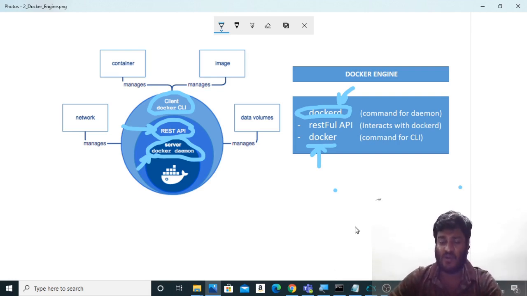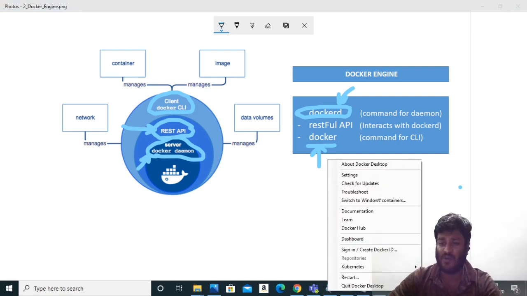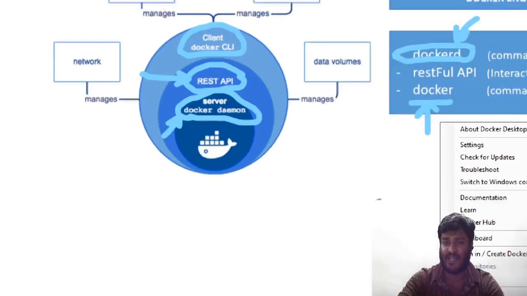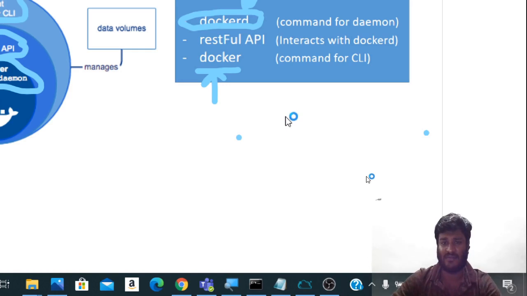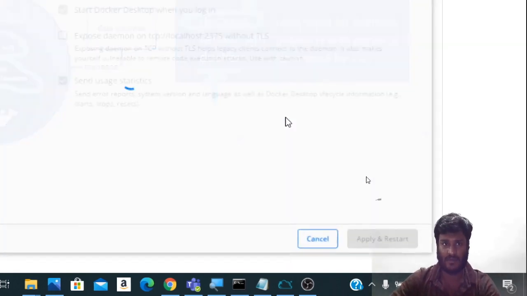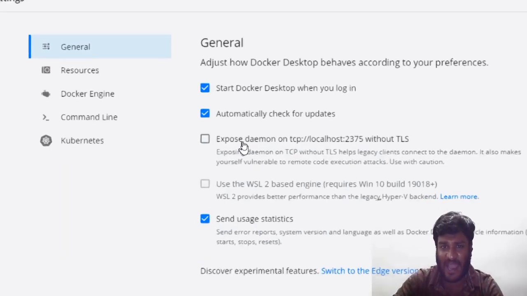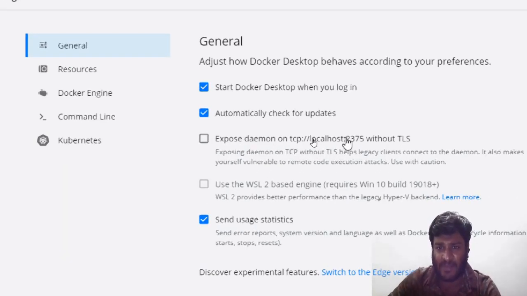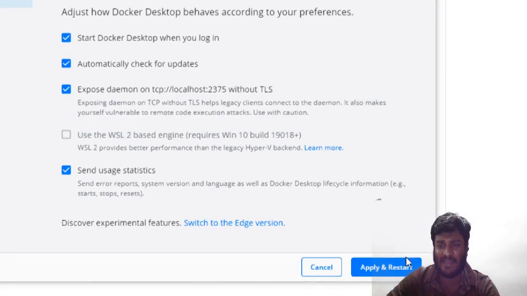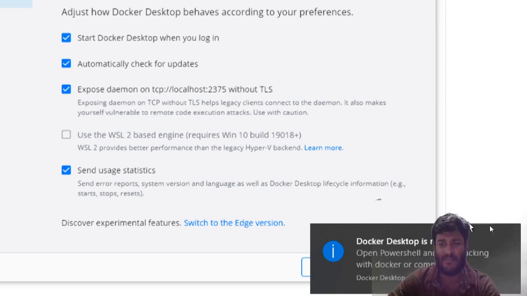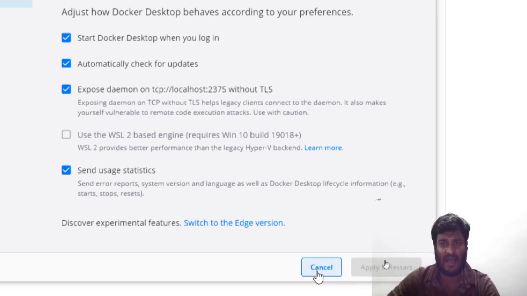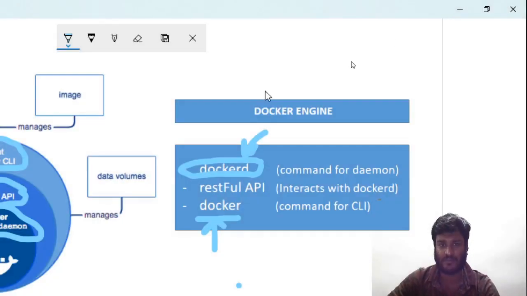The first thing to enable this on Windows is to click on the Docker machine and go to the settings. As you go to the settings, there is something called Expose daemon on TCP port. You need to select this, then click on Apply & Restart, and close this window.